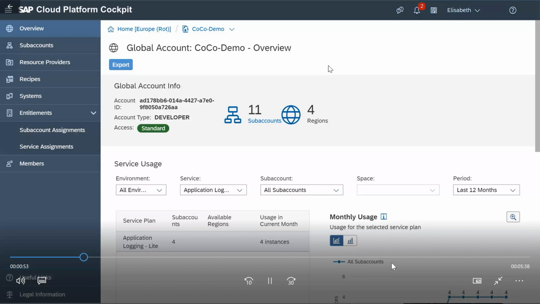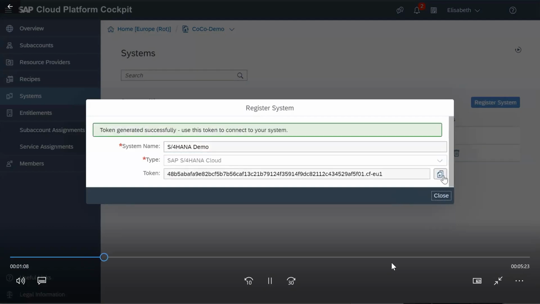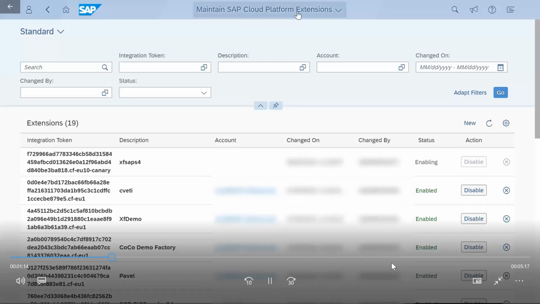The first part we need to do is in Cloud Platform. I'm in our global account and I need to go to Systems. This is the integration with the Extension Factory. I type in a name for our S/4HANA Cloud system. It's a demo. And here we can choose the type of system that we want to register. It generates an integration token that we're going to use within the S/4HANA Cloud system to maintain our extension and